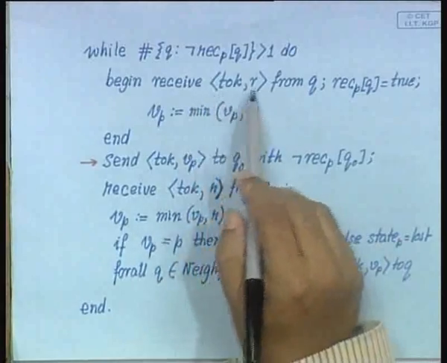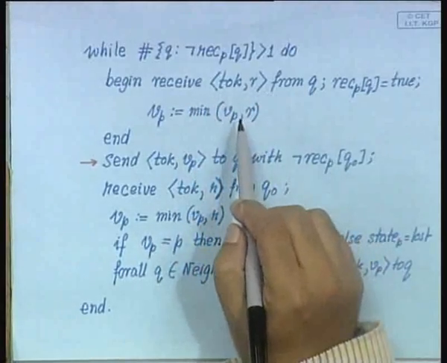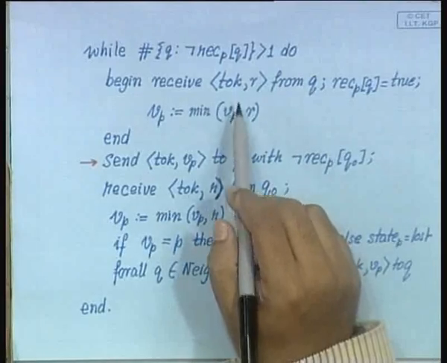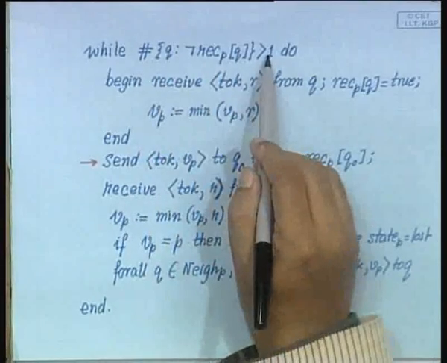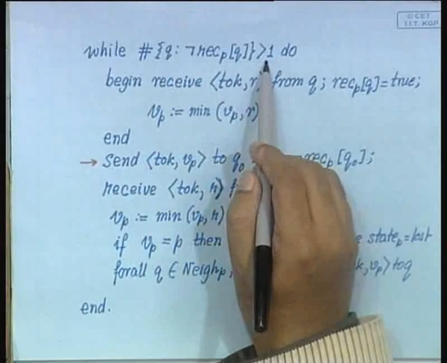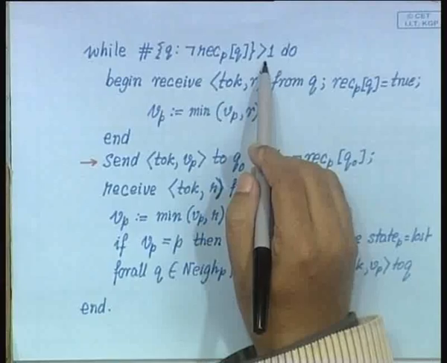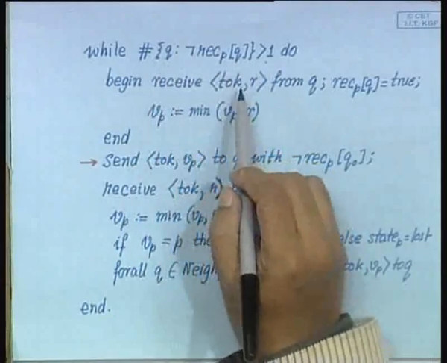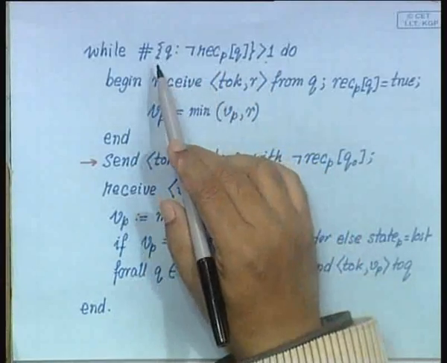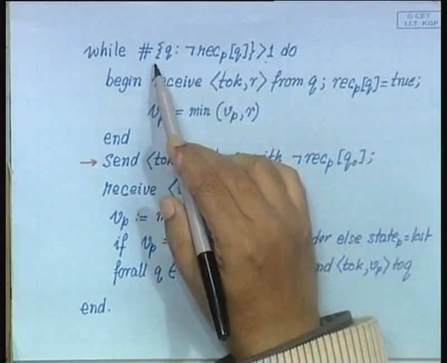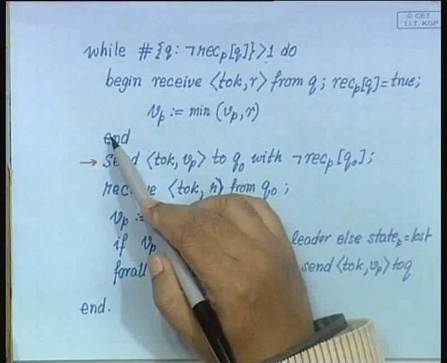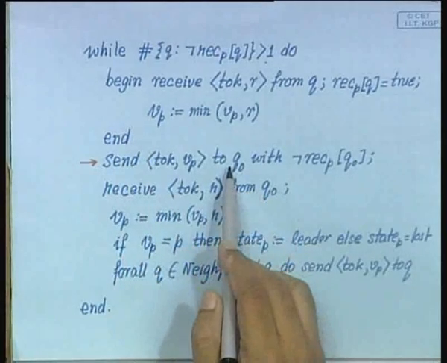Parent will get tokens from all the children in the tree, and then this thing is going to become equal to 1. See, when the node P has received tokens from everybody except 1, then it will come out of this while loop, and then it will send the token to the remaining node,